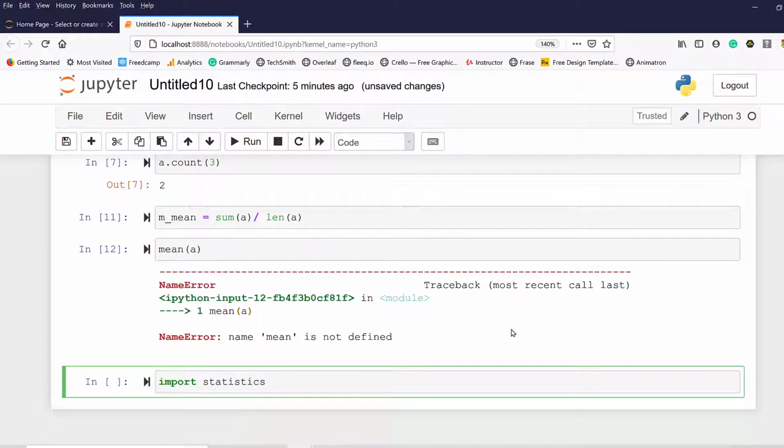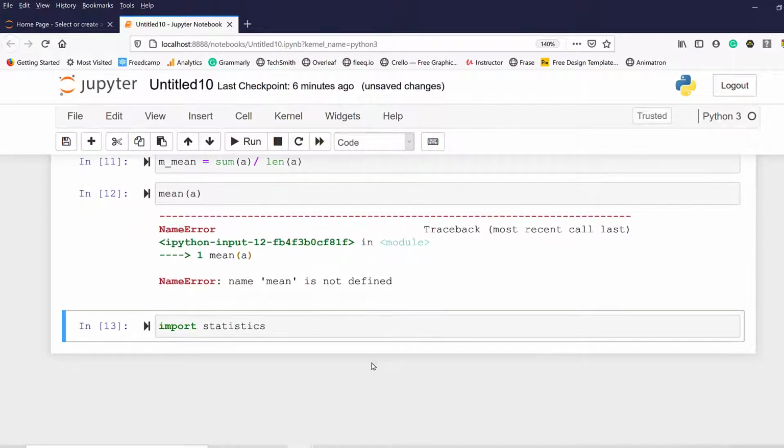As we go further, we will import these packages with a certain name, let's say import statistics as st or something. But for now, let's just import statistics. And with this, if I press enter, now the package statistics has been imported in this session. So I don't need to repeat this statement again and again. Once I have imported this package, it is available for me to use.